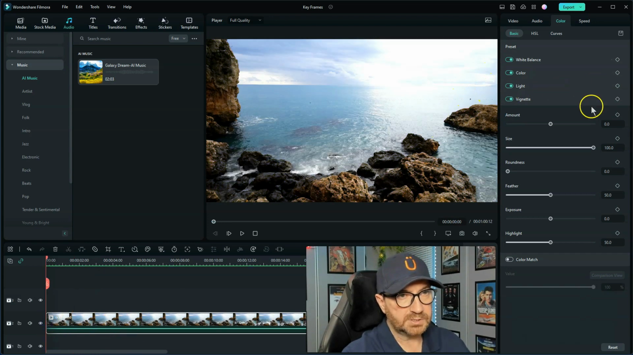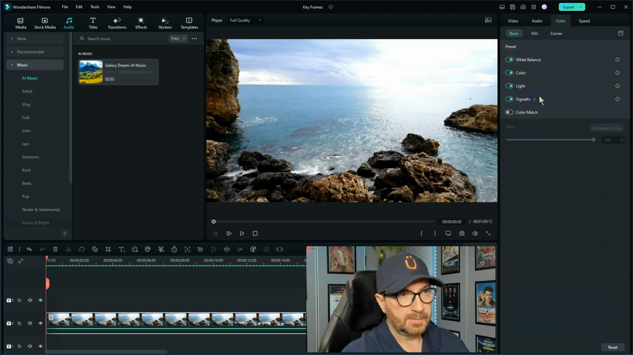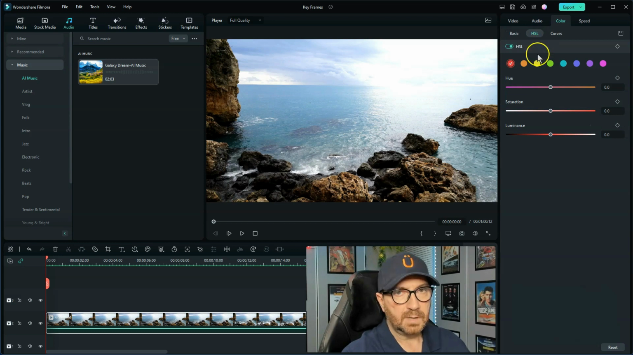Okay, and we will reset everything. Well, it's already reset itself because I've deleted the keyframes. Okay, and now what we'll do is we'll look at HSL. HSL stands for hue, saturation and luminance. Right, we can choose colors to play around with here. So what we'll do is we'll set a keyframe. There's quite a few blues in here, so let's choose a blue